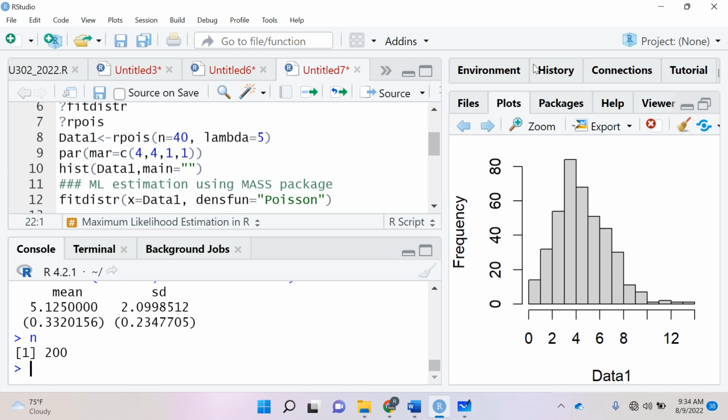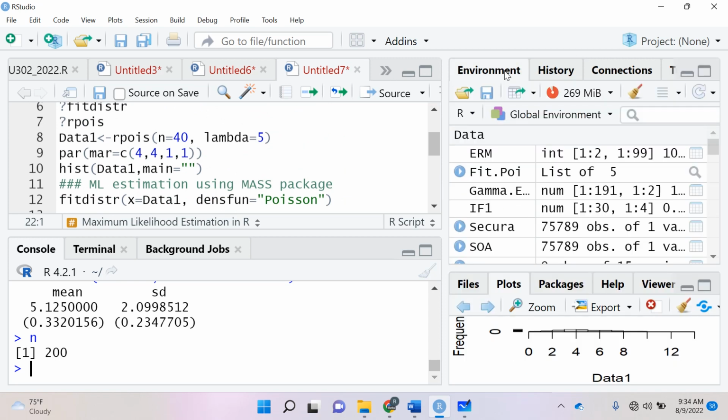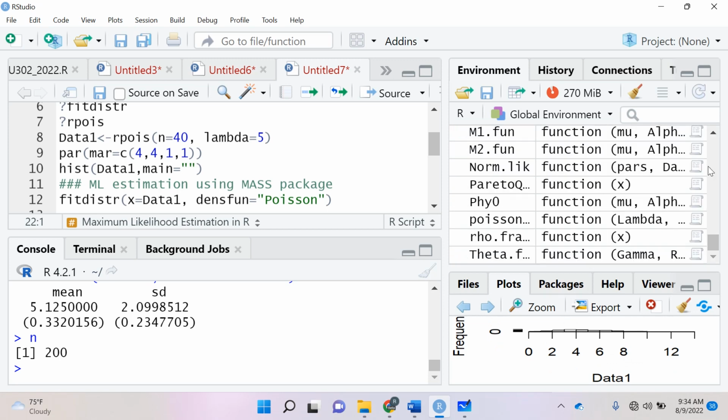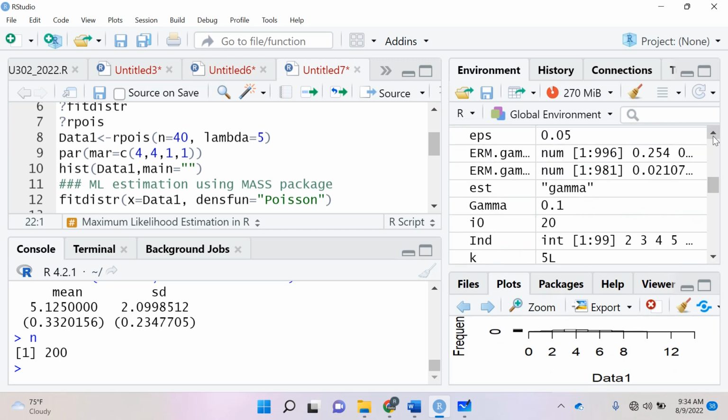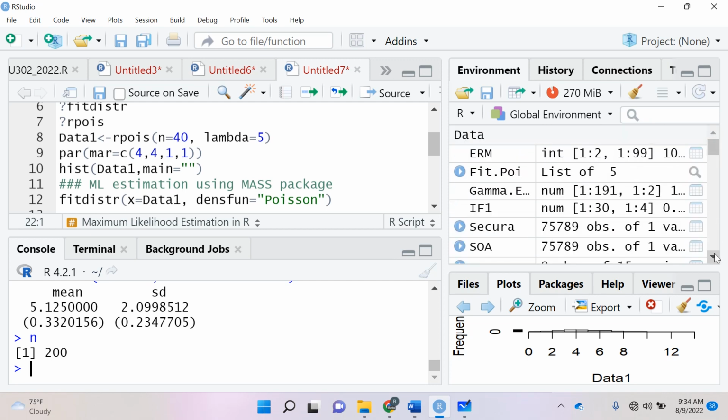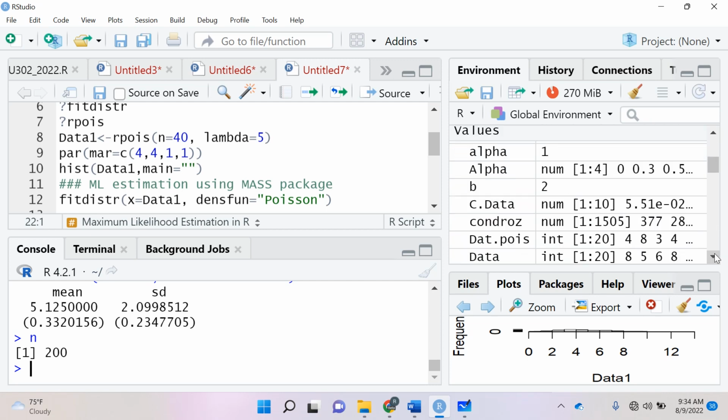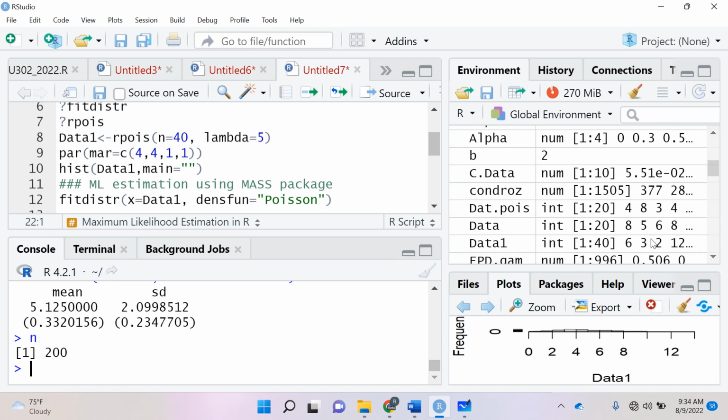Okay, no, I mean the data. So I should know how long the data is. So the data is... okay, data 1 is 40. I don't know if I use the 40 because remember I changed the formula. But essentially for this data 1, this is the mean, and remember for the Poisson distribution, the expected value